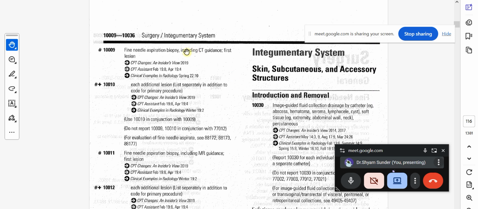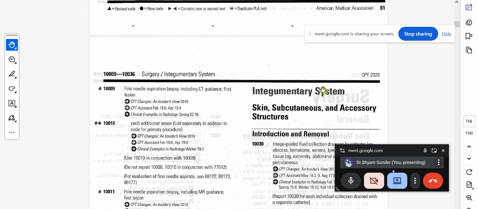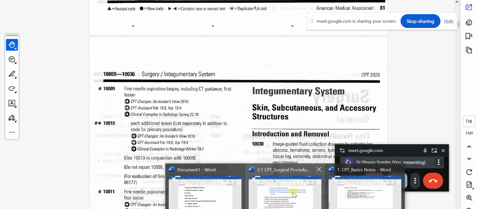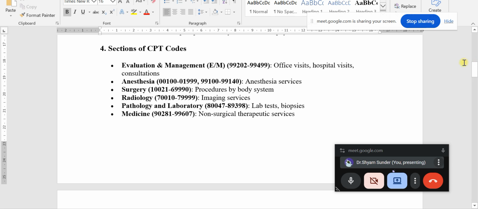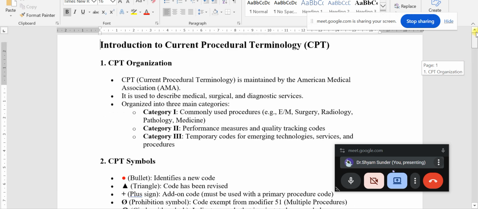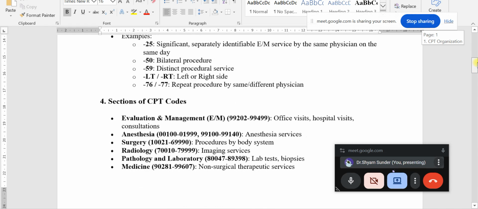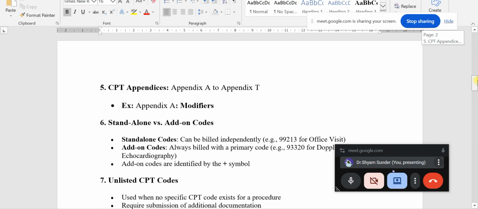So the first subsection is the integumentary system, skin. All right. And before we start, we have certain CPT basic concepts that we need to review. Some we already reviewed, the general concepts, but today we'll go through